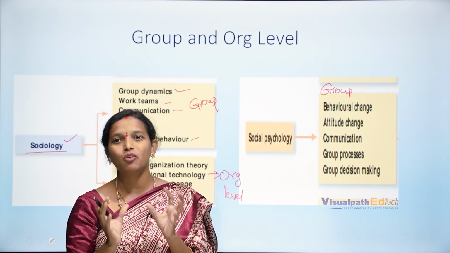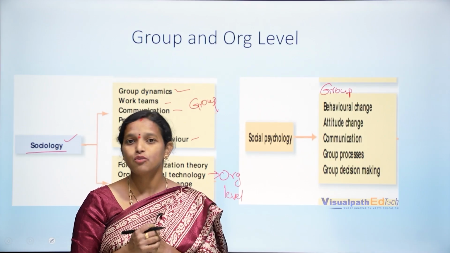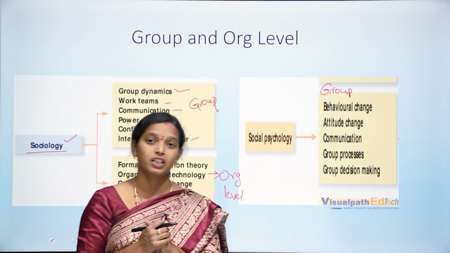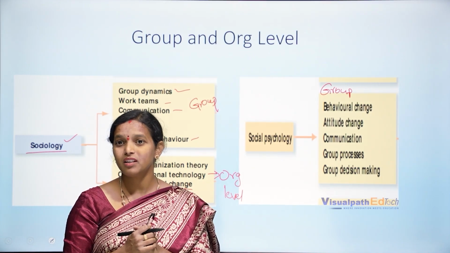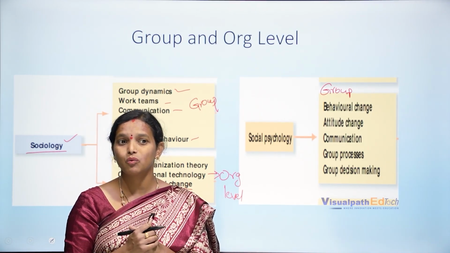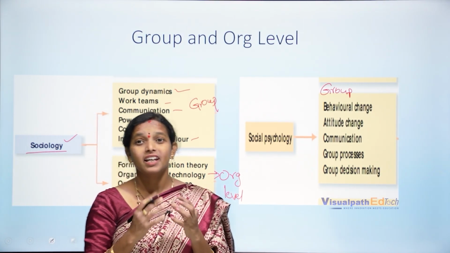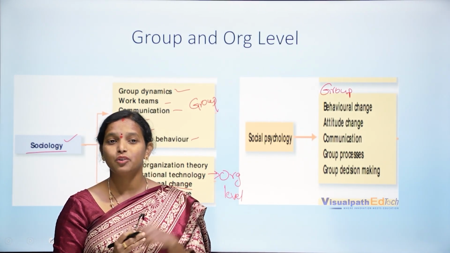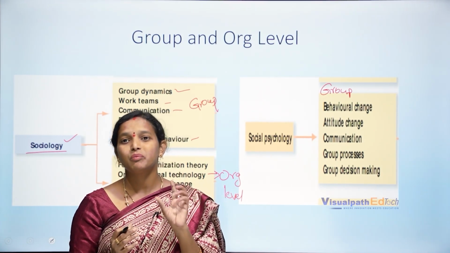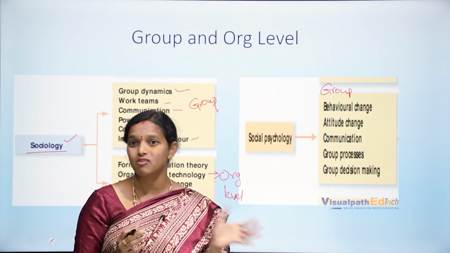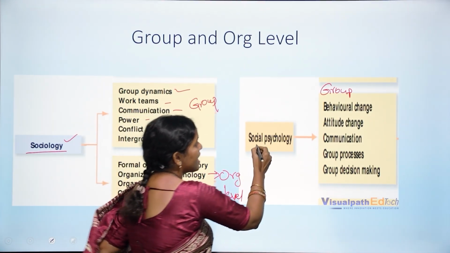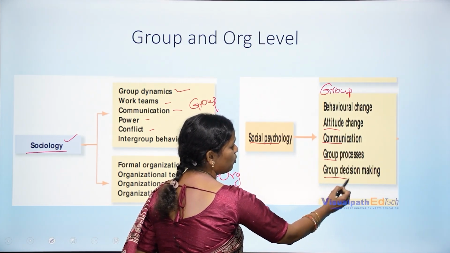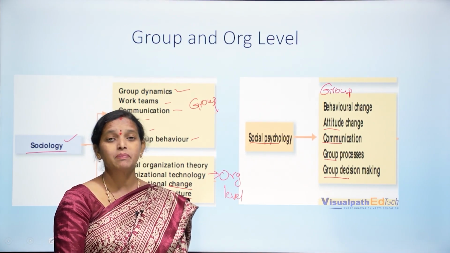So you can change the personality according to the situation. People may change their personalities. So whenever you are telling somebody not to do something, the way you present or communicate is very important. If you threaten the person, sometimes he may fear others getting the secret out, and sometimes it may revert. He may change his personality completely, he becomes fearless. So be aware that because of your communication, destructive behavior can also be caused. So these are all things that can be analyzed: behavior change, attitude change, communication, group process, and group decision making can be studied using the discipline of social